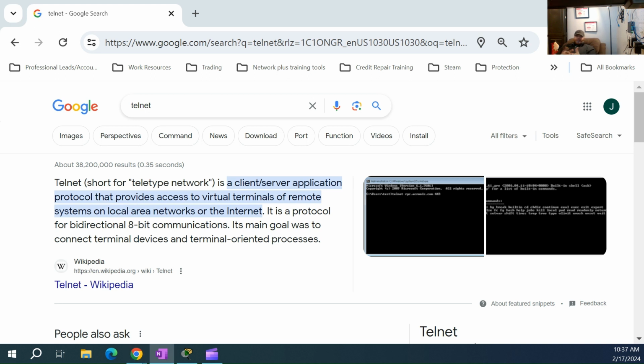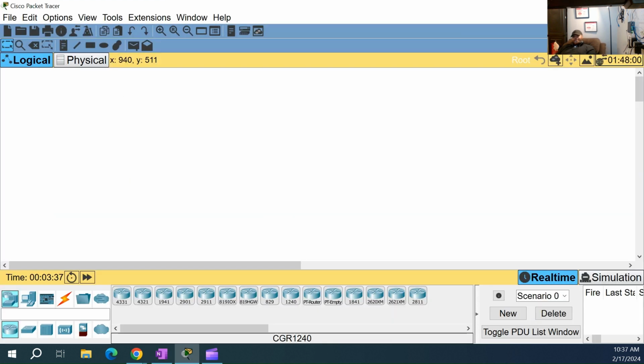Hello and welcome all. Today we are here in Cisco Packet Tracer Lab again, and our purpose is to configure Telnet. Telnet is a client server application protocol that provides remote access to virtual terminals. Its port number is 23, and it can be enabled via Active Directory rules or in Windows Defender Firewall. So without further ado, first thing we need to do is go ahead and add ourselves